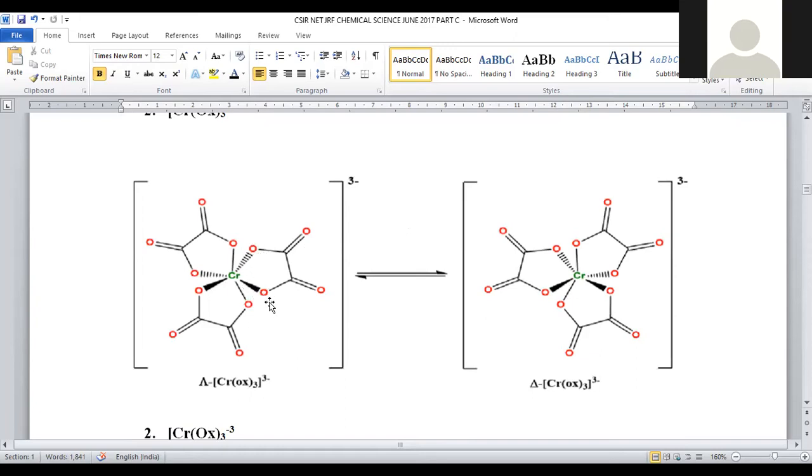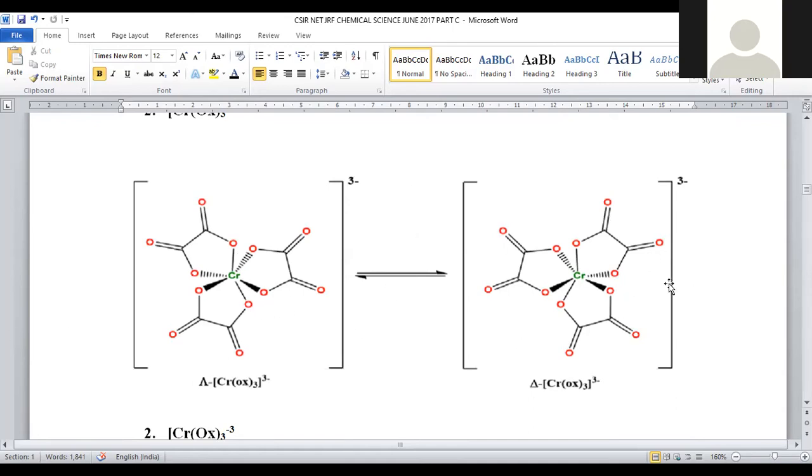Whenever we see this molecule, you can clearly observe that when one oxalato ligand is taken, one of the oxygens comes from above the plane and another oxygen comes from below the plane. Being a larger functional group, it is not possible to occupy 2 ends in the same plane. So one is coming from the top edge and another from the bottom edge, so that it is in the twisted form. We can't apply any symmetry element for this one, being unsymmetrical. You can clearly mention it is optically active in nature.